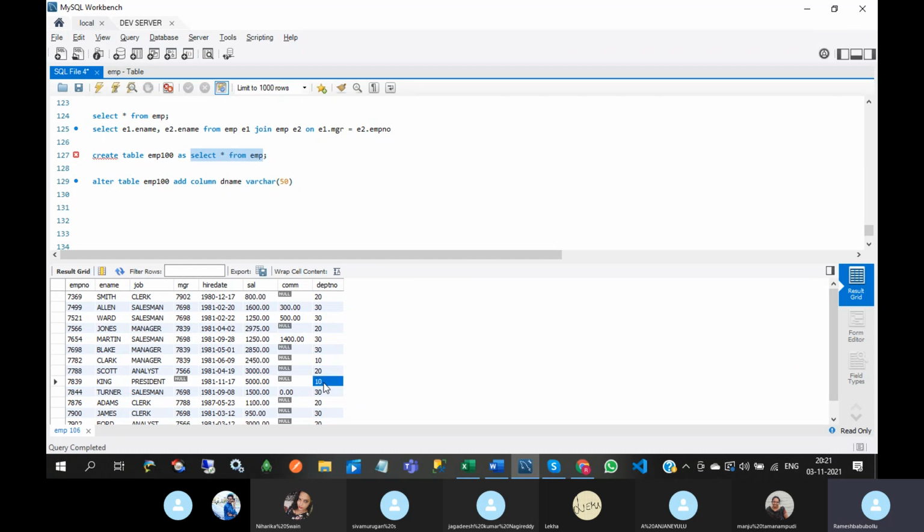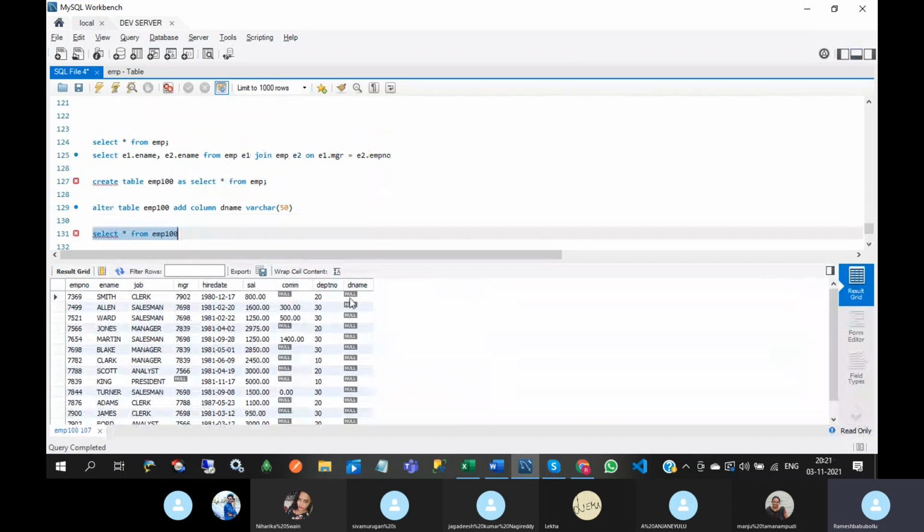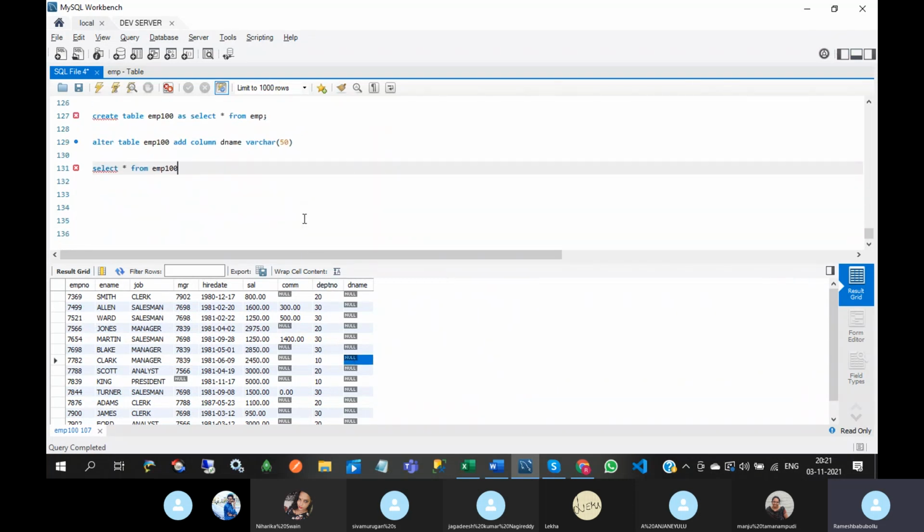Okay, how to update? So update EMP100. See, this DNAME column is there in the EMP100 table. I want to update the department name for department number 10 only. In this case we can write the update query with join.